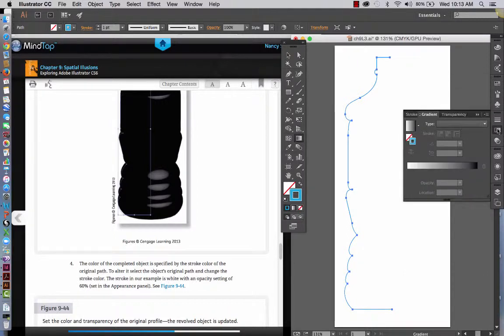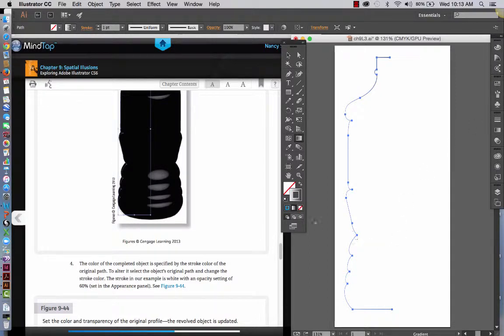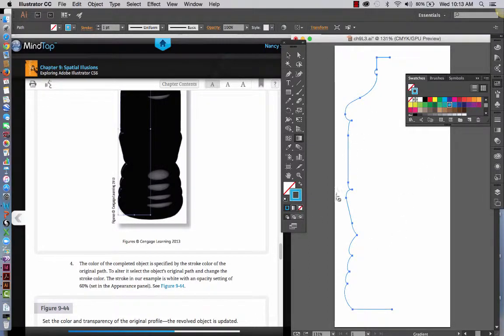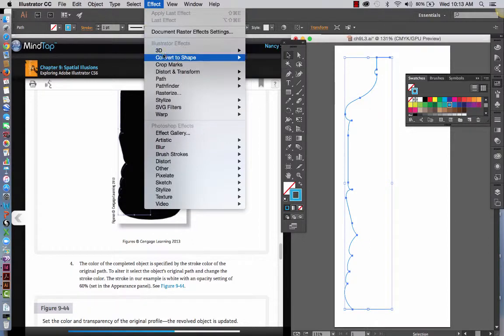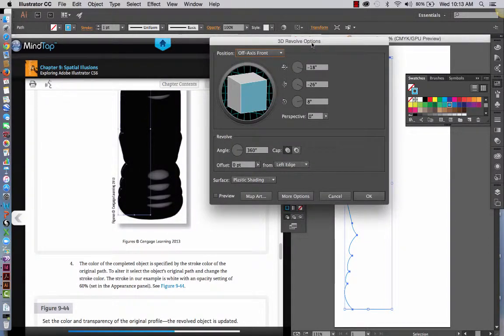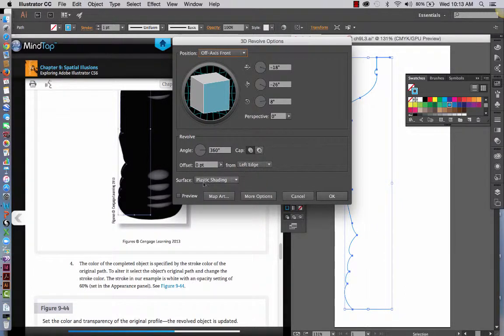I would love to be able to do this for a gradient, but I don't think it's going to allow us to do that. For this, we'd have to change it up a bit. So I'm just going to stay with the textbook for right now, and we are going to change up this color. Again, going to change it to a light blue, and then we're going to go back into the Effect, back to 3D, and we're going to go to Revolve,